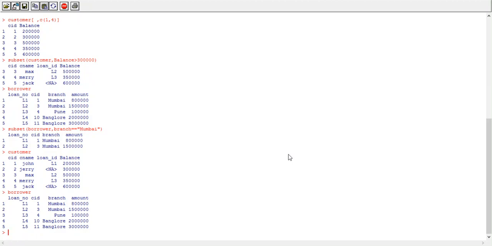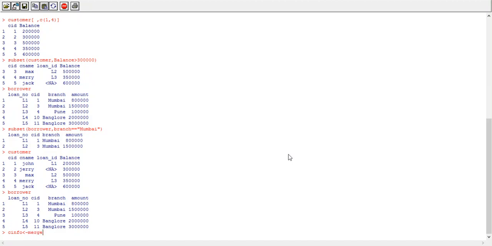First I want to perform inner join or natural join operation on these two data frames. So in inner join it displays only matching data from both the data frames. Okay, so here my example is C info. I am creating a new data frame for inner join operation, that is C info.